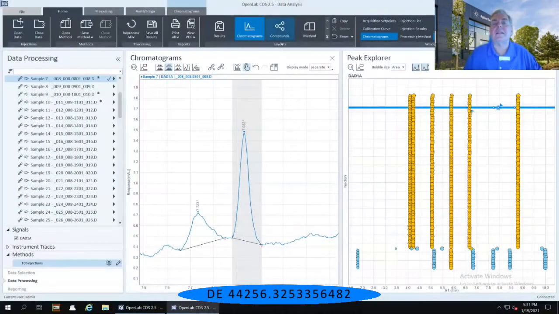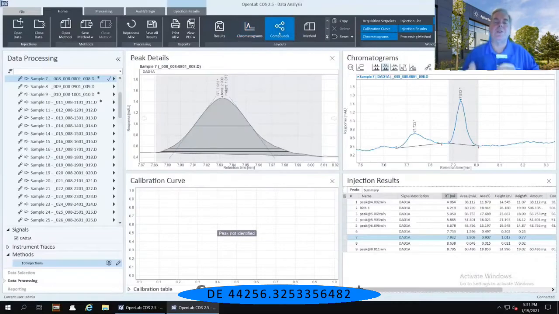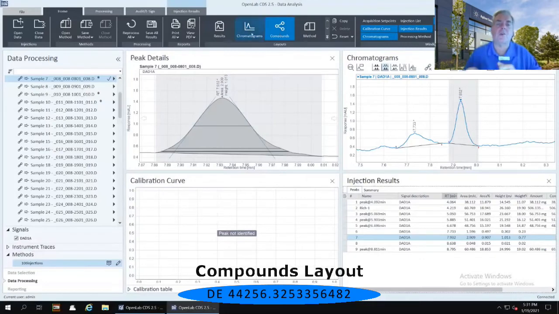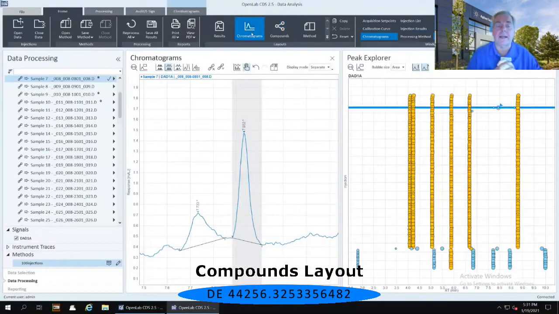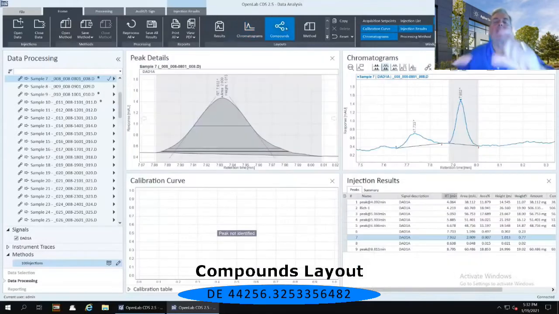So I'm going to select the compounds layout up top. Now I want you to pay particular attention to this one aspect. Notice that when we moved from the chromatograms layout, so let's go back to your chromatograms layout, you have a blown up window for the chromatogram based on what we were just doing with that manual integration. Well, when I move from that chromatographic layout to the compound layout, notice that the window for the